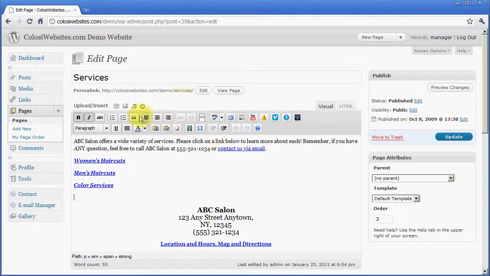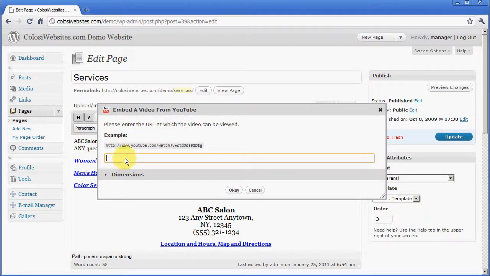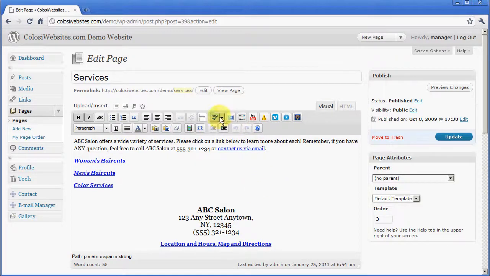And if you notice on your menu bar up here, you have a button that says YouTube. Click on that, and that's going to ask you for the URL, or in other words, the web address of where the video is hosted on YouTube. Okay, so how do we go get that? Well, what we can do for now is we can go up here and let's say that we